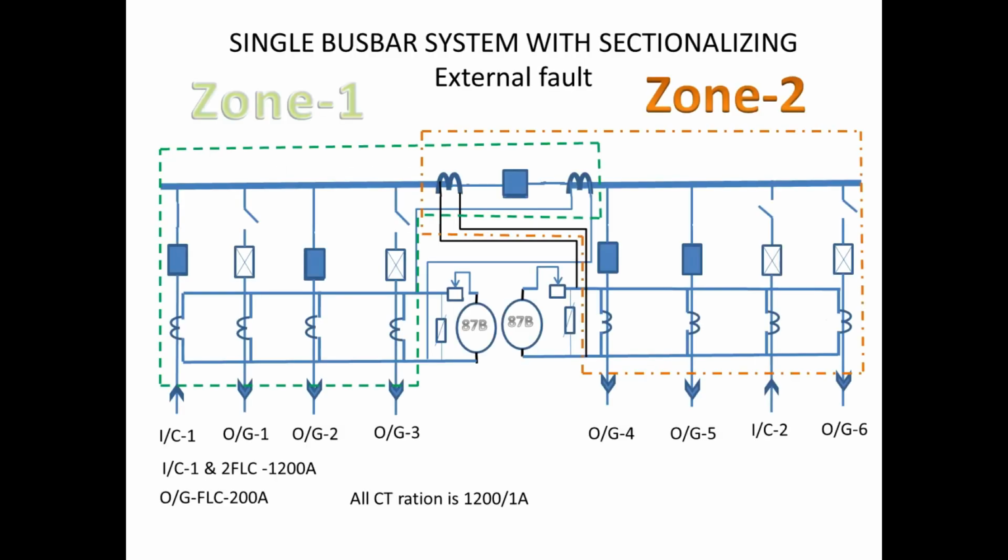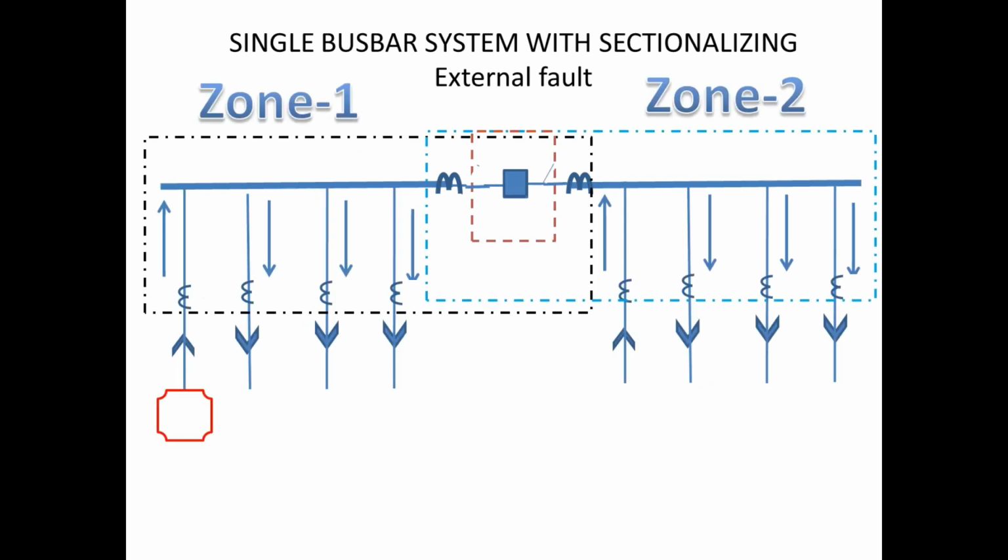Now we go for faults. We know we have two types of fault, one external and the other internal. First we see the external fault. For this we consider both buses charged by incomer 1 through the bus coupler, and outgoing 2, 4 and 5 in the on position. Before the fault condition the incomer carries 700 amps due to outgoing 2, 4 and 5, and both bus coupler CTs get 500 amps.